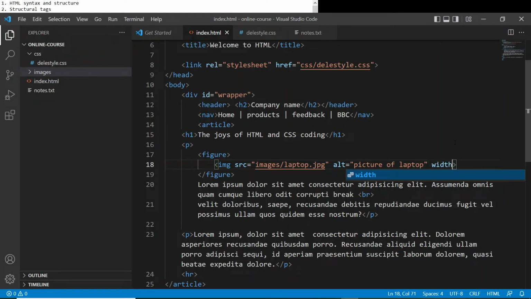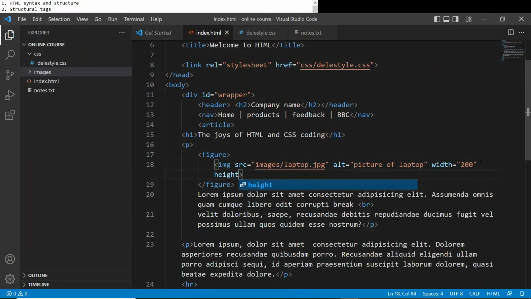I'm going to give my image a width of 200, and I'm going to give my image a height of 300. Now, notice how the attributes work out. It is width equals in HTML, width equals, and inside double quotes, you've got your value, height equals, and inside double quotes, you've got your value. File, save, and now when I come back and look at my image,